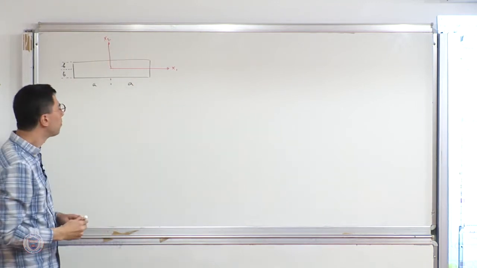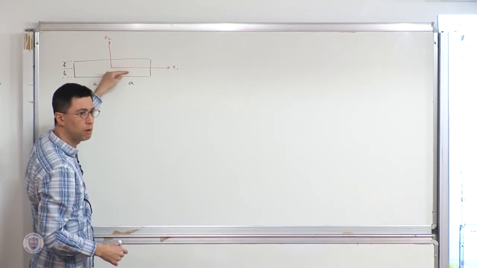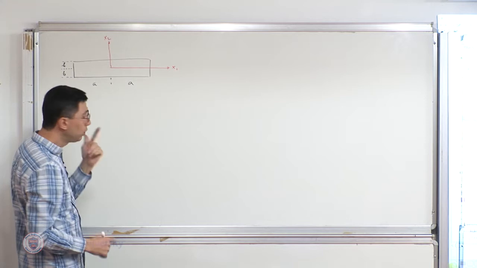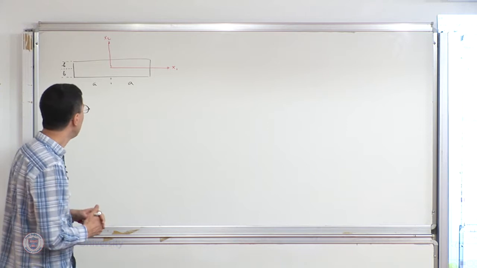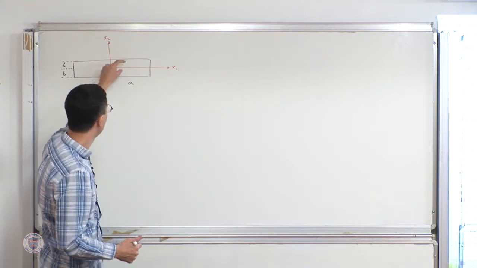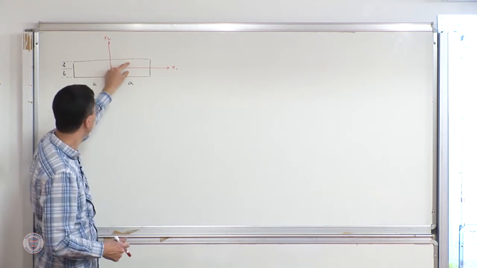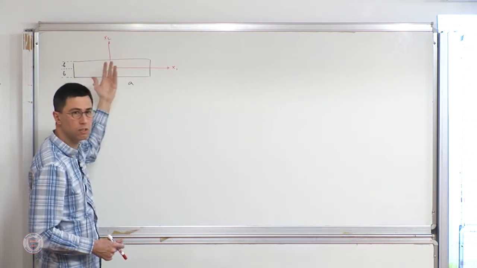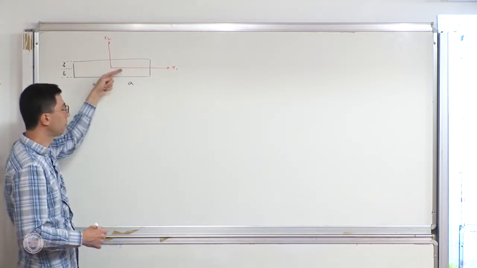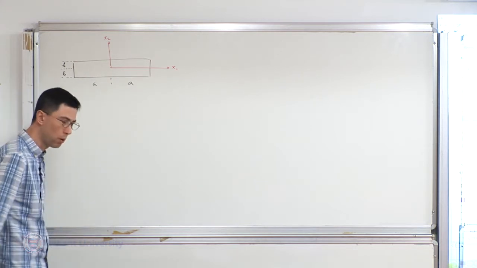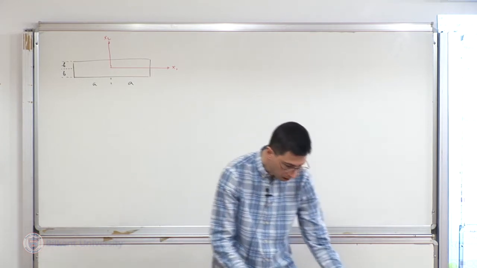Symmetry planes in the sense that eventually I know, for instance, that sigma 1,1 is the same as sigma 1,1 there, etc. And which actually was a critical observation for us to frame what the Airy stress function was. We essentially made two important observations. The symmetry of the stress, of the normal stresses, eventually shear comes out to be 0 anyway, and the fact that the stress is not a constant. So it will have a variation, and it's going to be some sort of a symmetric even variation, even function of the coordinates. So only based on those coordinates, we were able to find out what the Airy stress function